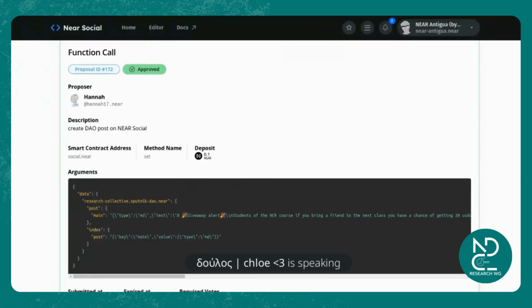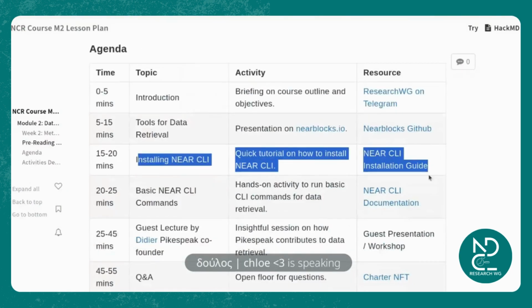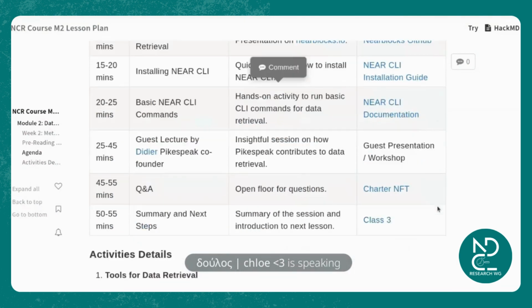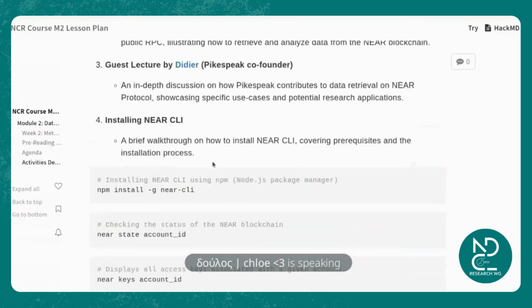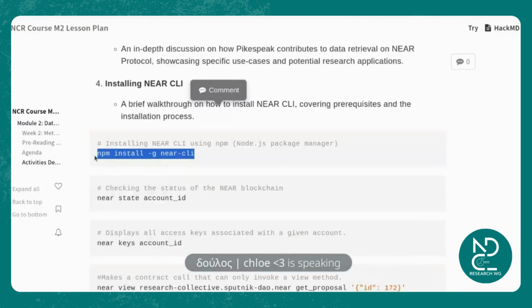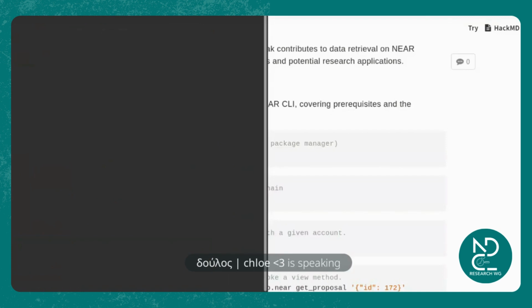So in the course information, we have information about installing the Near CLI, some basic commands, and documentation, but we're going to skip down to the bottom of the notes, and we can actually get that information right here. If this is your very first time interacting, I have a lot of this up here already, but if it's your very first time interacting,